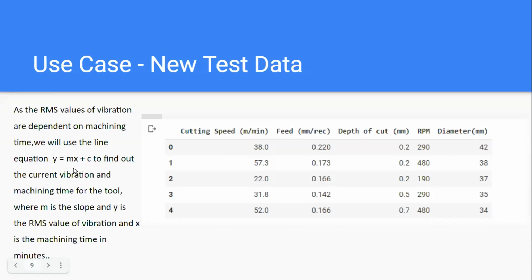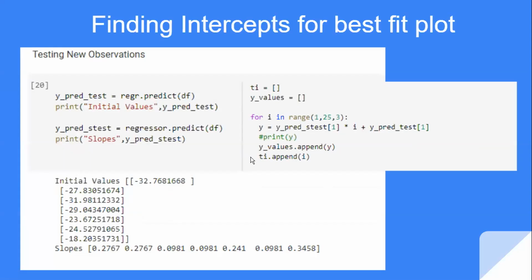So from machining time, how will you write that equation? Machining time is equal to, again, there would be some coefficients that will be multiplied with the variables. Finally, these coefficients are what you are trying to get from this: the slope and the initial value, the c value. I'm not sure whether you have used that, because these are just directly predicting. You are predicting the value for a given data set.